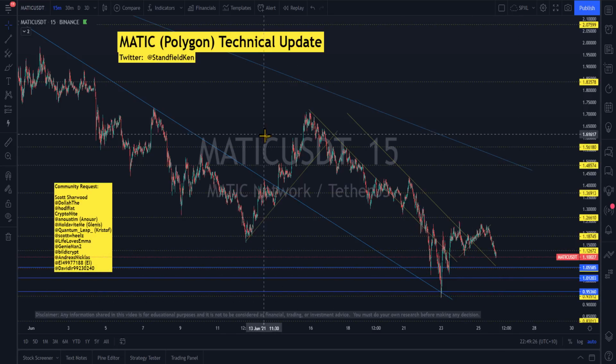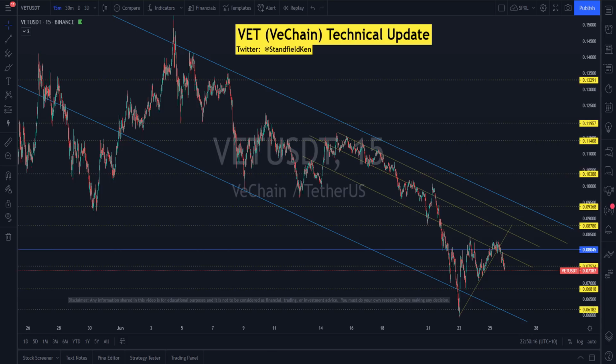We know that the entire crypto market is approaching a structural support line. That's why I take you through the total crypto, to help you to understand what everything is doing. Polygon has resistance at the 1.18745 mark and at the 1.26610 mark as well. Let's have a quick look at VET. VET is trading at 73.96. It has support below at 68.18 and resistance above at 80.45.